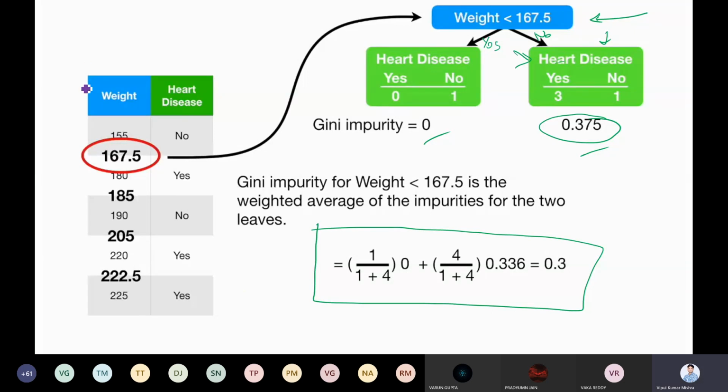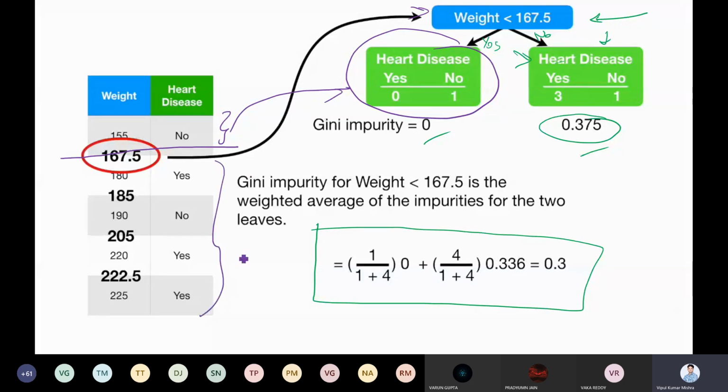So suppose you have divided from here with this particular condition. Whatever is on the upside will come here, and whatever is on this side will come here. Now you can count. Similarly, how many yes are there? 0. So you got 0. How many no are there? 1. So you got 1 here. Now compute here: how many yes are there? 3. So you will get 3 here. How many no are there? 1. So you will get 1 here. Clear? Any doubt on this?